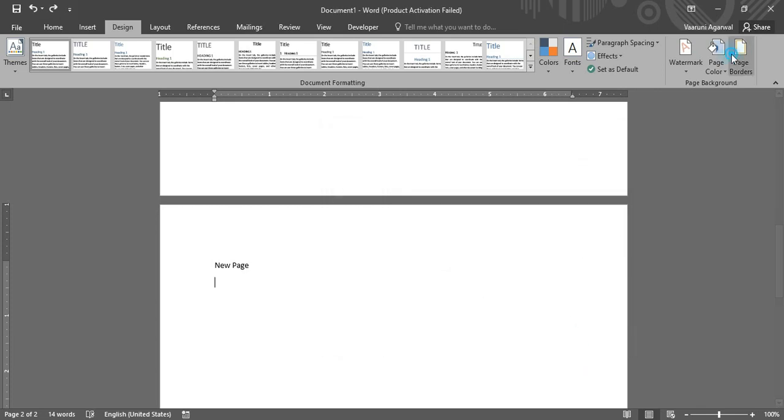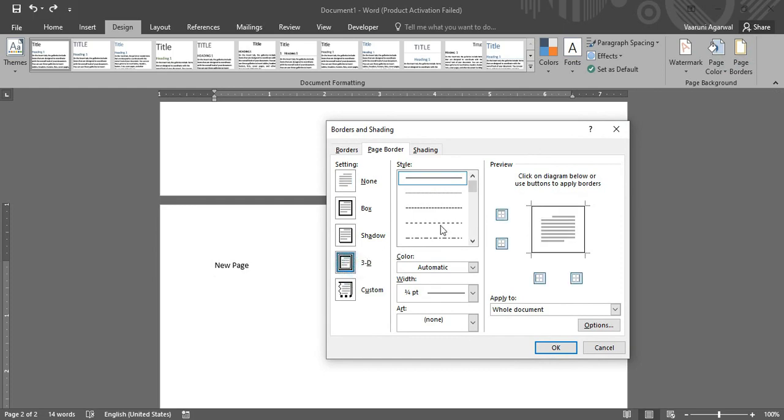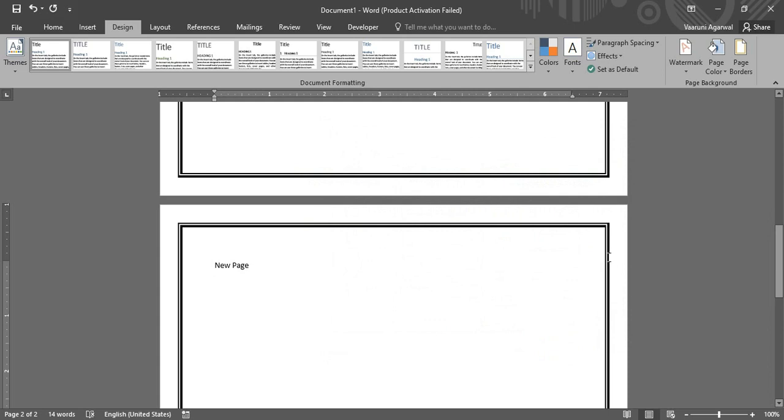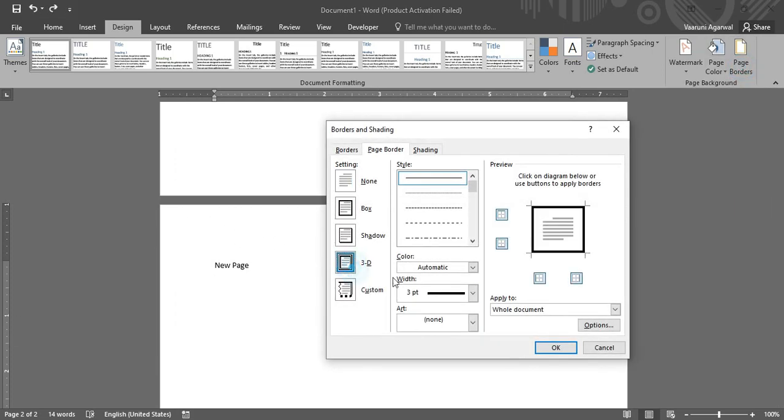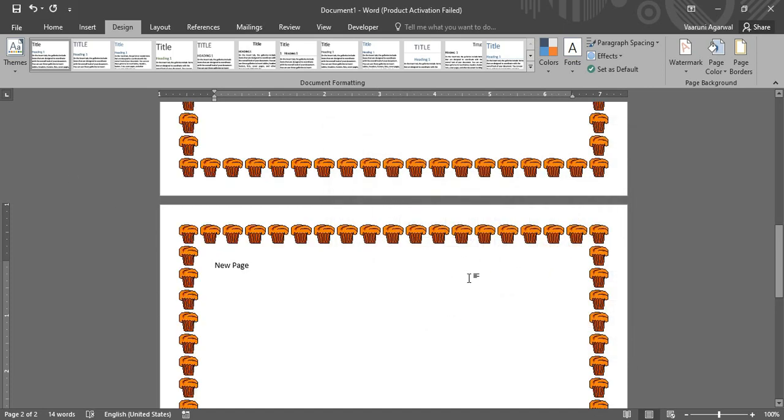And there is another option that's for a 3D border, that also you can apply. Let's apply a 3D border, click on OK. So this is how a 3D border is looking. That's having a kind of bold 3-dimensional look to it. Just like the previous border, like the box border, you can also customize the way these borders are looking. Like if you select this cupcake art for a shadow or a 3D, let's see, this is how it's looking. So that's how you can work with the borders.